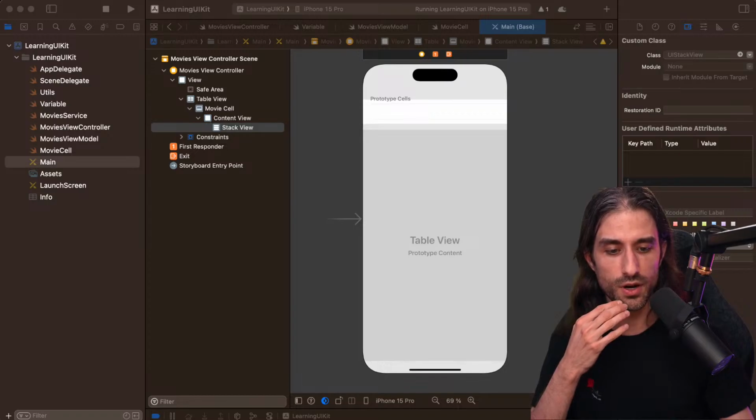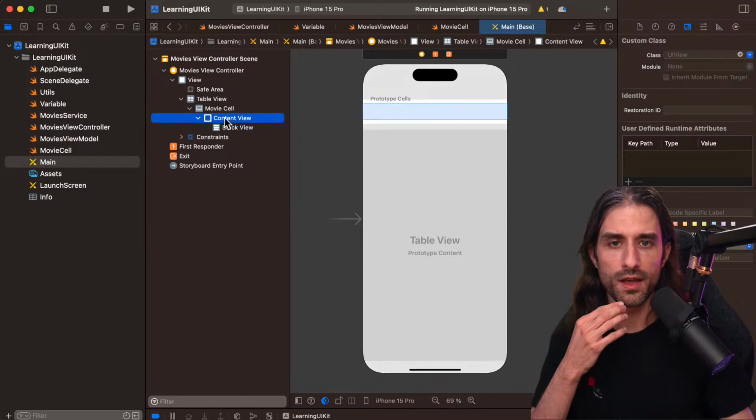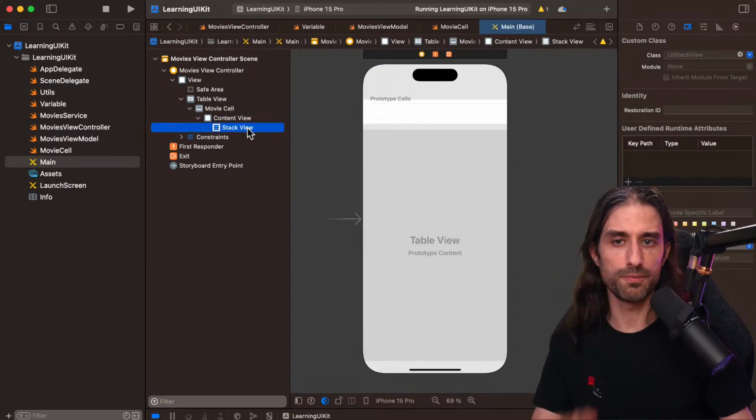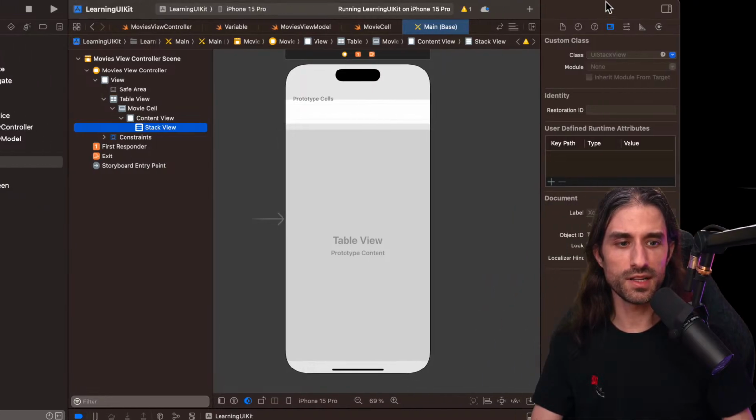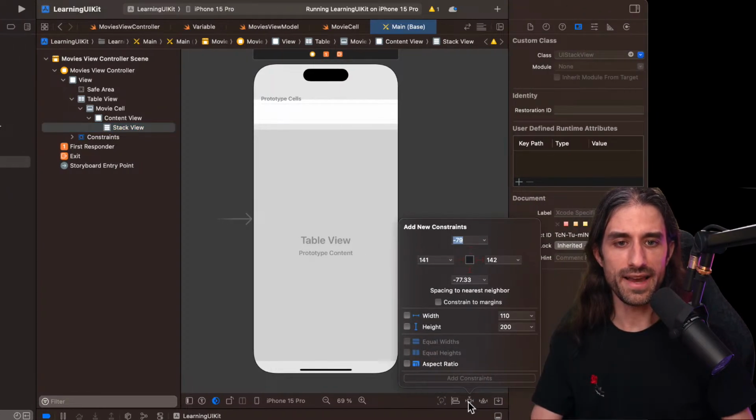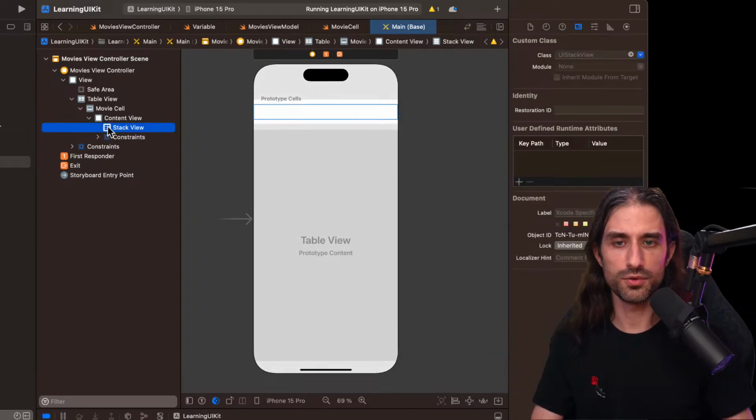Then I want to give the stack view its constraints within the UITableViewCell. I'm going to pin it to the edges of the content view. Just like before, let me move Xcode so that you can see it. I click here and I select each of the edges and I put 0 every time. I'm going to add the 4 constraints. And you can see that it has put my stack view inside the content view, and it takes all the space of the content view.